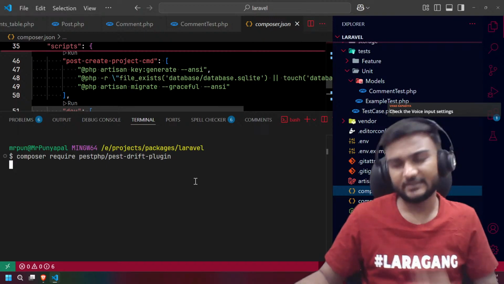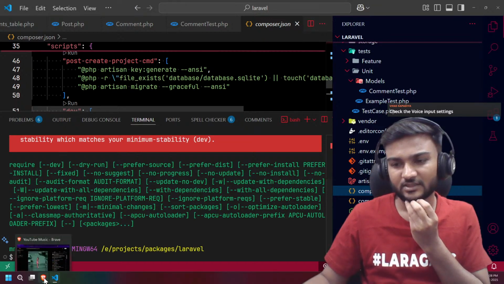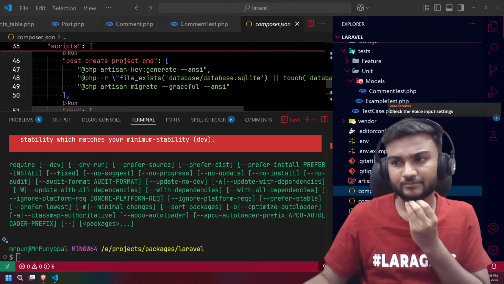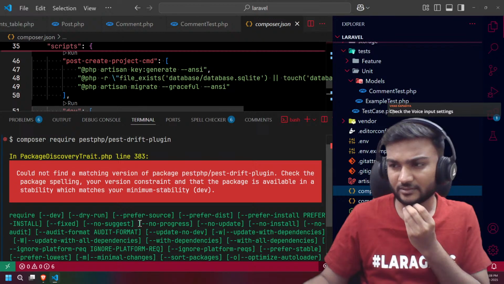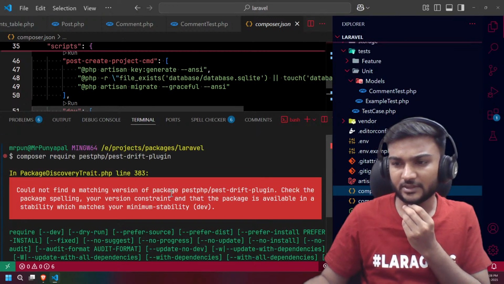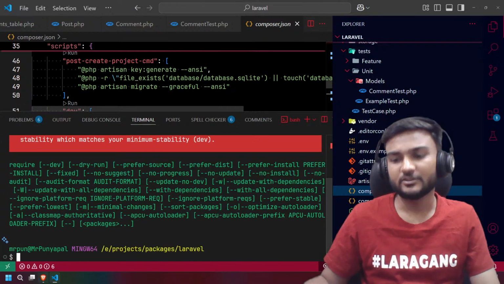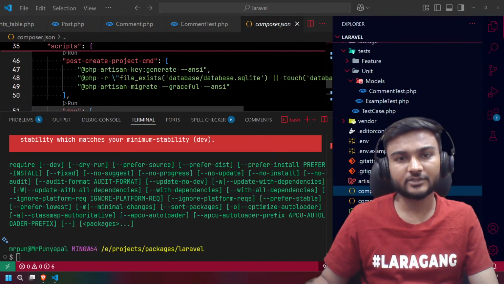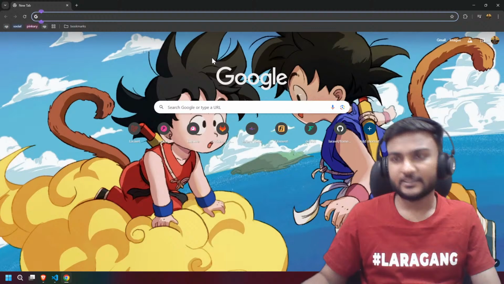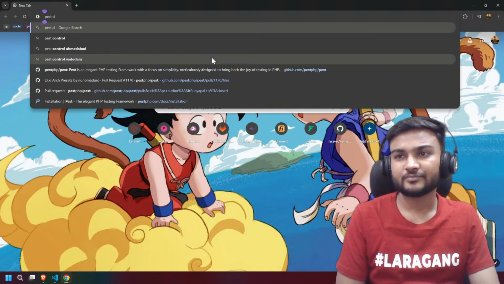We say that maybe this package is not that. Oh, so it's talking of the stability. Packages. Okay, minimum stability there. Couldn't find that. Okay, couldn't find that. Right. It couldn't find it. So let's check paste drift